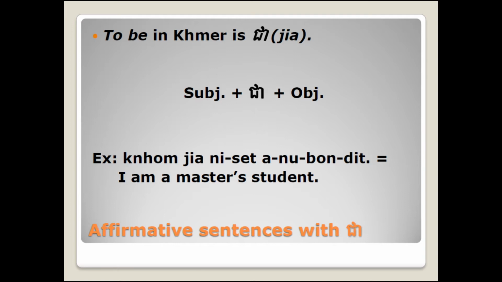So we have subject ខ្ញុំ, verb to be ជា, and និស្សិតអនុបណ្ឌិត as the object. So one more time. ខ្ញុំជានិស្សិតអនុបណ្ឌិត